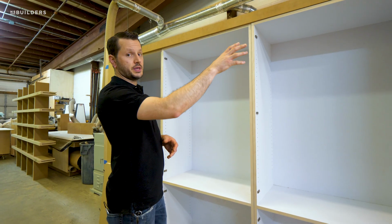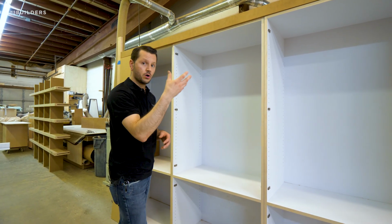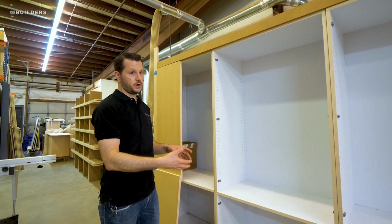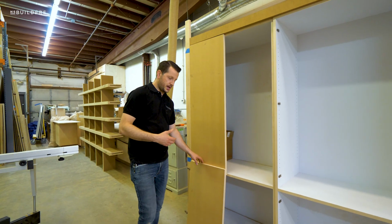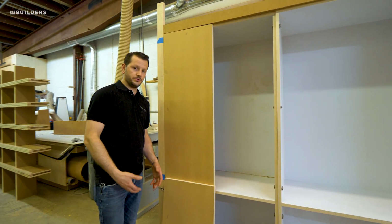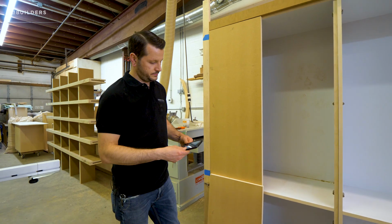I know these pieces on the ends here, the fillers, look quite long. They're not cut to size, and they are a little bit long to account for that 4 inches. However, when the doors are all on here and they're all closed, you're not going to see that toe kick. This is actually designed to have these lower doors run almost all the way to the floor, covering up that toe kick. And the reason we wanted to keep the toe kick,